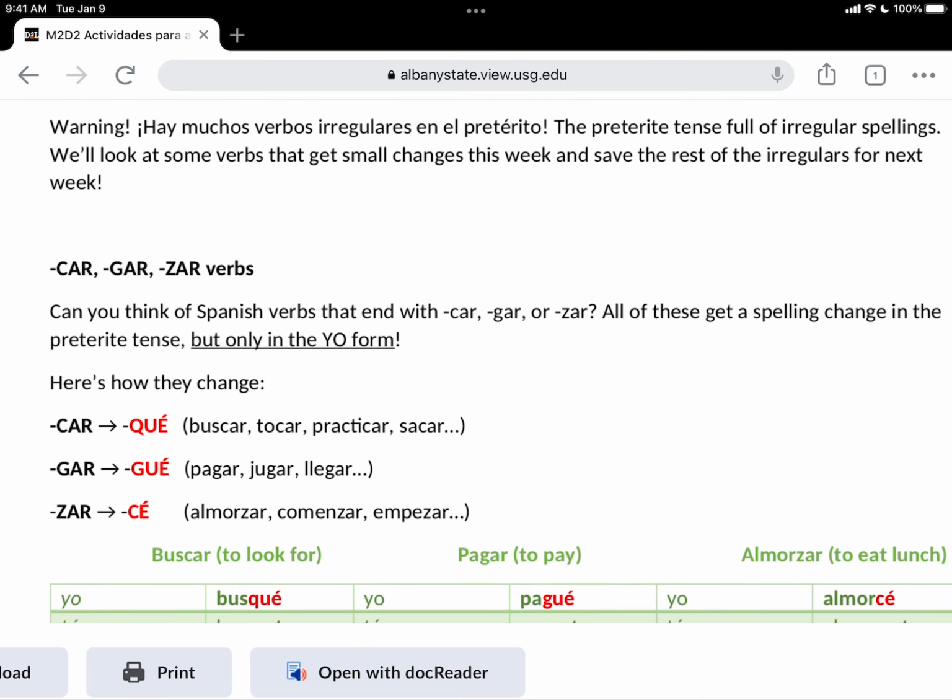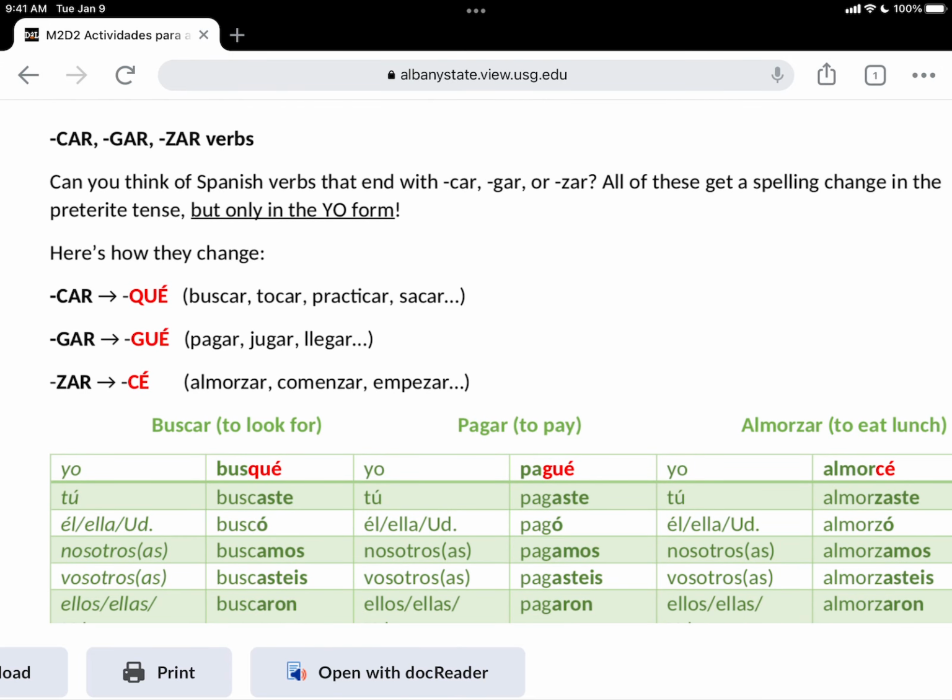the irregulars. Okay, and the first one we're going to talk about is gar, car, zar verbs. As you can see here, we still have our AR endings. First of all, they all end with AR, right? However, it's the ones that end with CAR, GAR, ZAR. So I like to call them garkazars. The textbook, the open access resource, has a little bit different order, but you can do it however it helps you to memorize it. Okay, the key here is that they only change in the yo form.